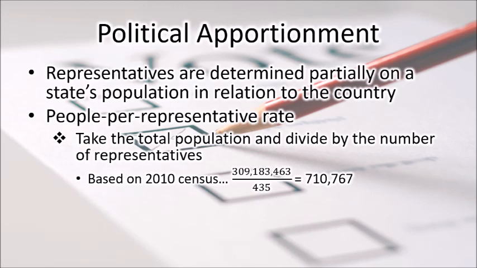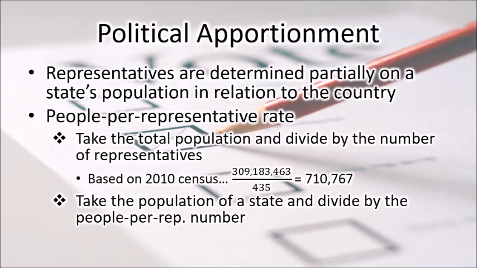And then we divide by how many representatives there are in the House, which is 435. So when we do that, we get roughly 710,000 people per representative. That means it takes roughly 710,000 people to get one member in the House. However, obviously we can't have partials coming from one state and partials coming from another state. So we have to do some sort of rounding or some sort of change in order to get that number